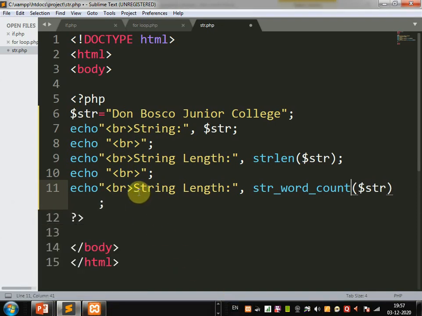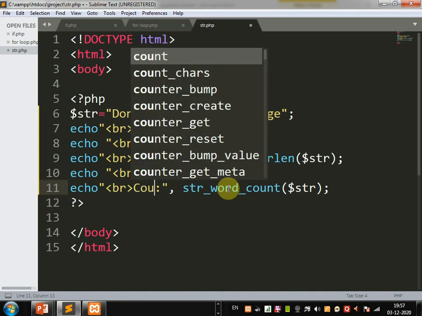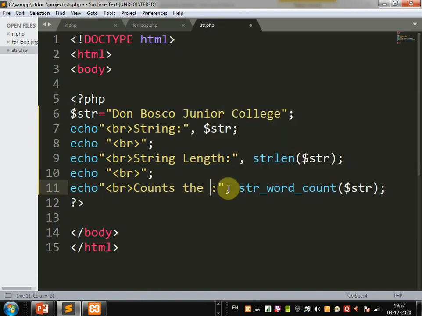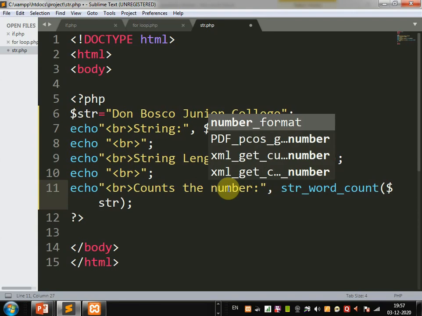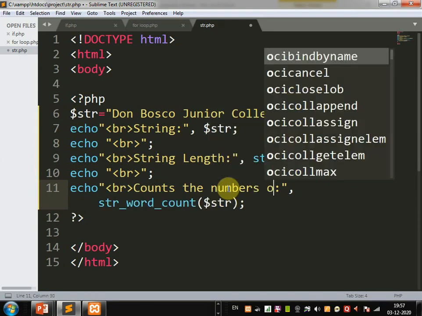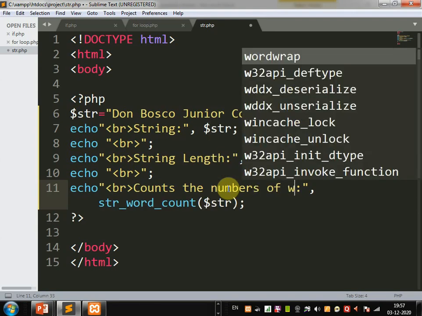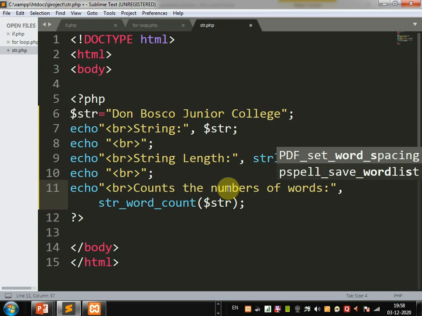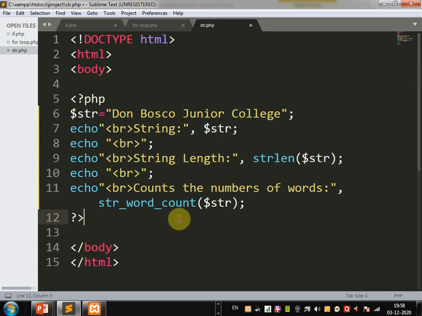So I am writing here: count the number of words by using the str_word_count function.